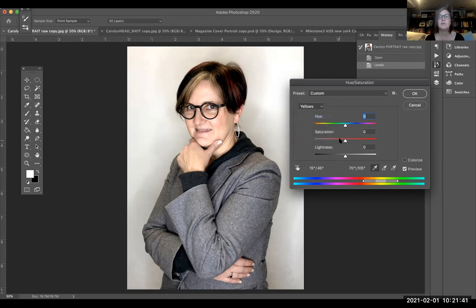So if I go to yellows and I desaturate the yellow, you can see I go to a very white background. I just have to be careful that I don't remove so much that I turn myself into a bit of a mess here. I'm going to warm that up a little bit with my hue slider as well. Okay, so that is using